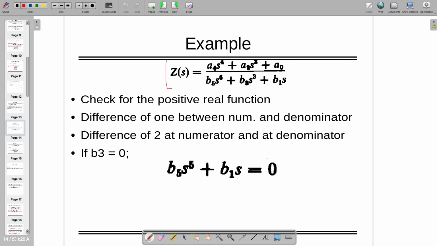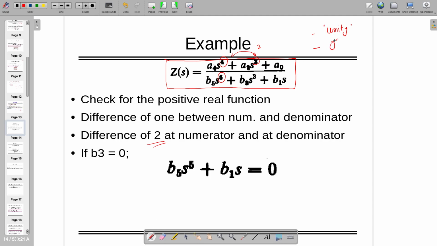If there is a function where the numerator has degree 4 and the denominator has degree 5, you can see there is a difference of 2. The example which has been taken has a difference of 2, and from denominator to numerator you have a degree difference of 1. This is also the case we already studied. If it is unity or less than 1, or you can say 0,